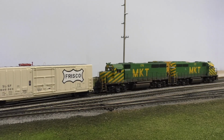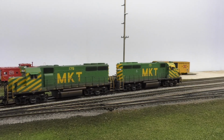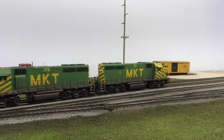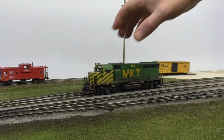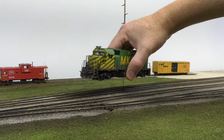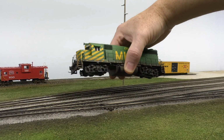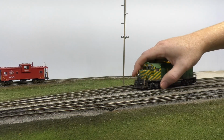Now, I'll be a little honest, this feature is pretty cool and also a little creepy. Of course, your brain, as a model railroader, is used to having your locomotive go completely dead when you take it off the rails, but not with the Keep Alive. Take a look here. When you lift it off the track, the thing keeps running for at least 5 seconds,